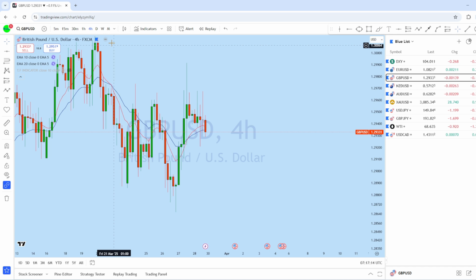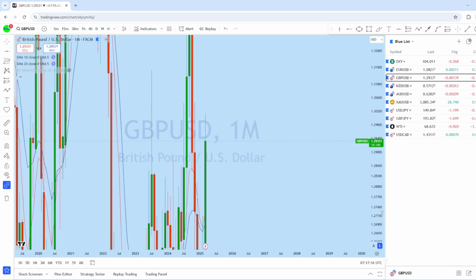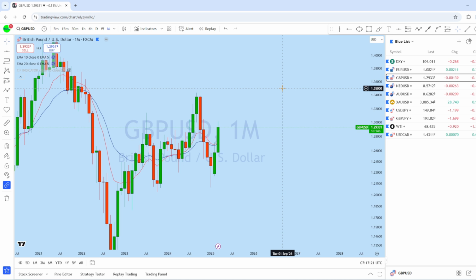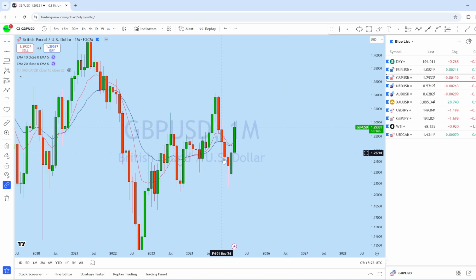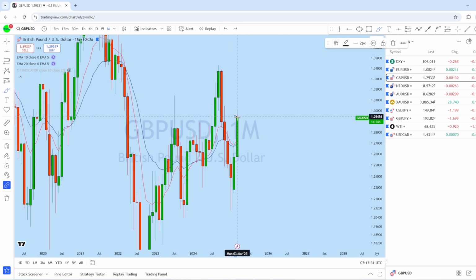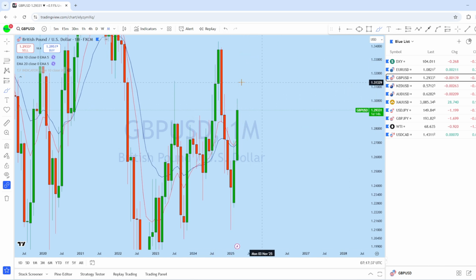Let's see what kind of trading opportunity we might have. Looking at the monthly chart on British pound US dollar, we can see that from the monthly perspective, this is the monthly impulse here on GBPUSD, which is quite a strong bullish price action. And we are almost at the end of the month, expecting GBPUSD to come down for a pullback and then to potentially trend again to the upside to create a new